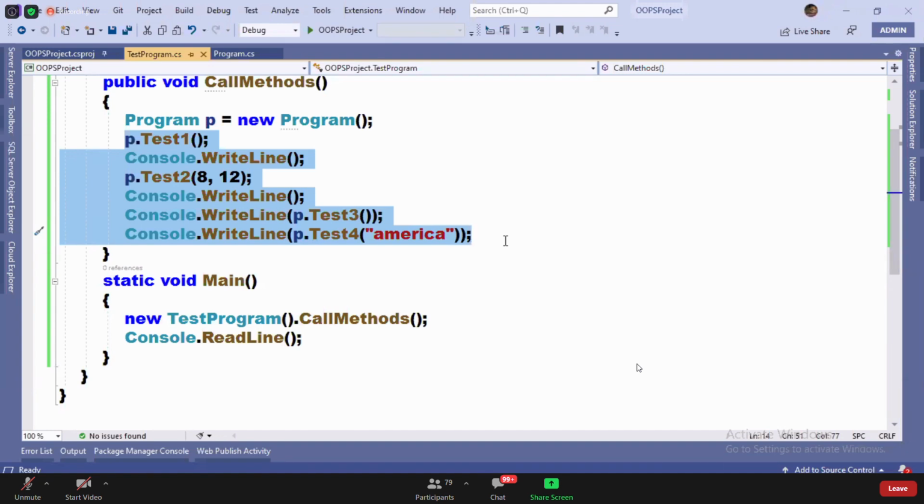Did you understand me? You're calling 4 methods, so how many instances are created? 4 instances are created. Memory is allocated 4 times. So in that type of scenario, don't follow this. When you want to call only one method, then go for using unnamed instances.